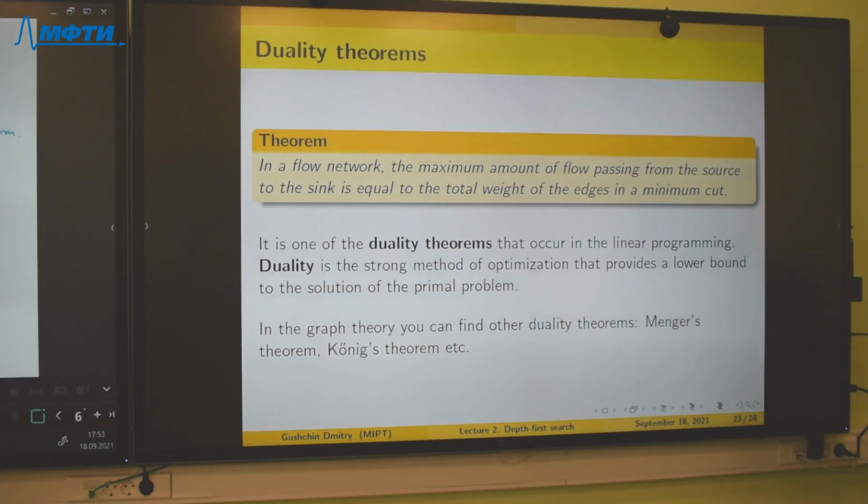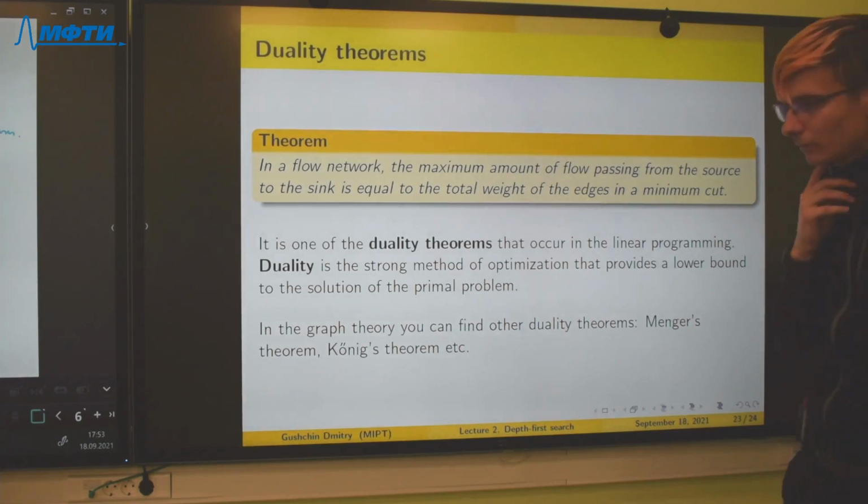It is one of the duality theorems, and duality is an important method in optimization problems because, for example,